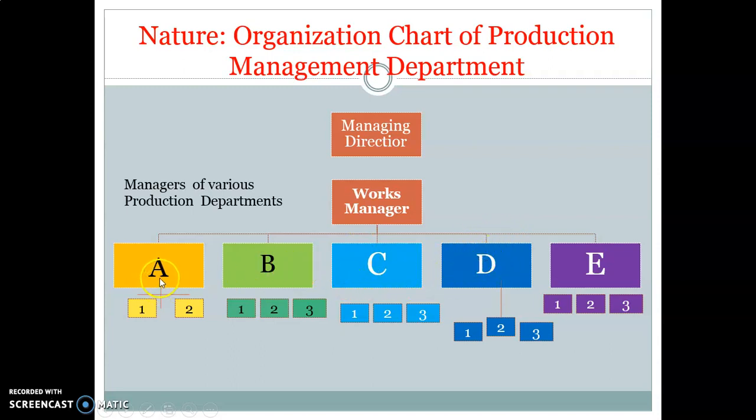And under each work manager there are subordinates of different levels, right? For example, if this is the quality manager, under this there may be quality inspector, it may be in process quality inspector, right? So these are the different levels of this manager. So this is the nature of this production management department.